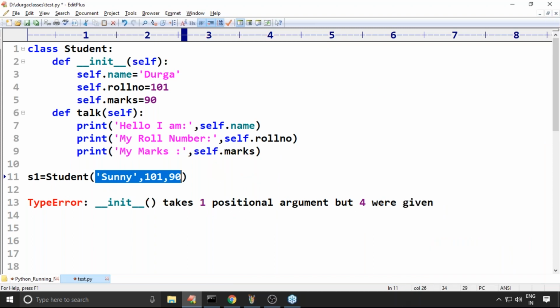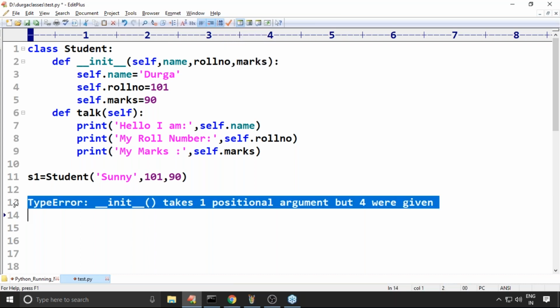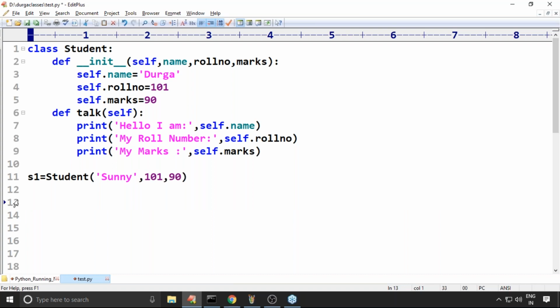Now listen carefully. Here I'm just taking name, roll number, and then marks. Can you please confirm if the provided values and expected variable arguments match or not? Yes, now it matches, because you provided three values plus one from the Python virtual machine, which is four.